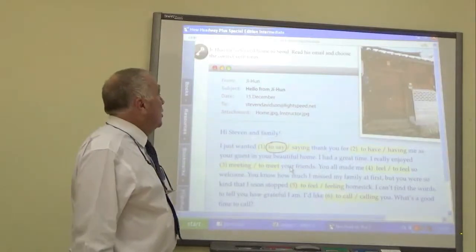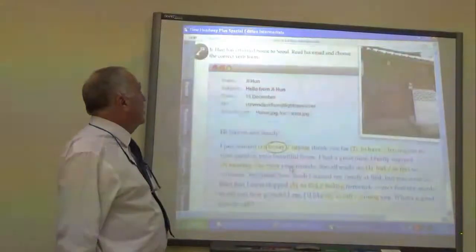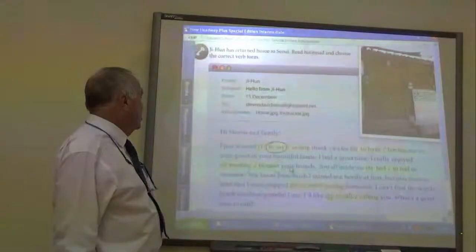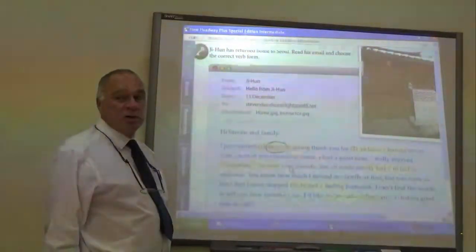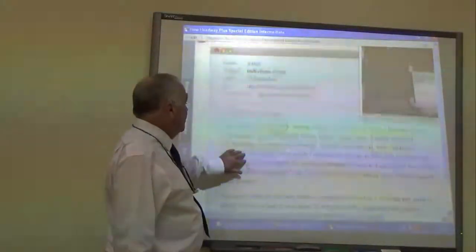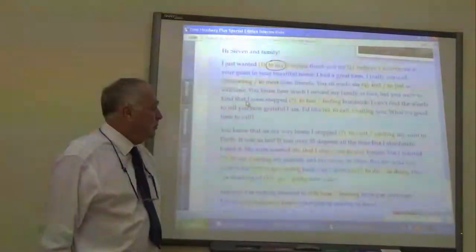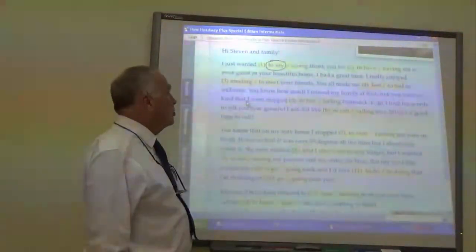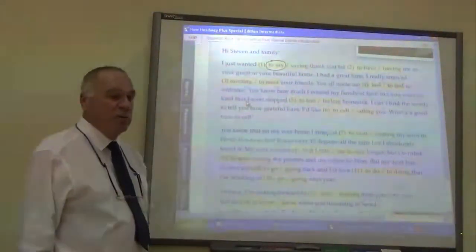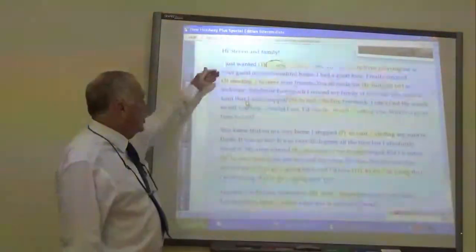To start with, we will read an email from Ji Hun, who's returned home this year, and he has sent an email to somebody. We will see who it is and what the email is about as we go. What I want us to do, we will read this, and all the parts that are highlighted show two different forms of the verb. I want you to select the correct form of the verb as we read this. Lou, would you start reading for us? Please do the first paragraph.